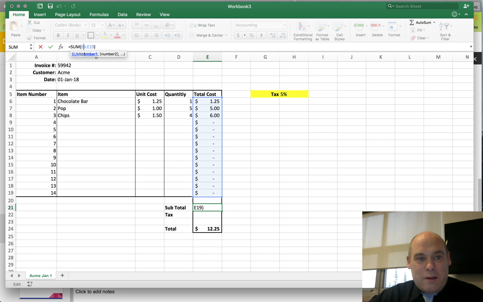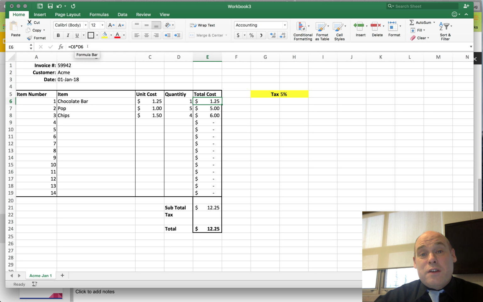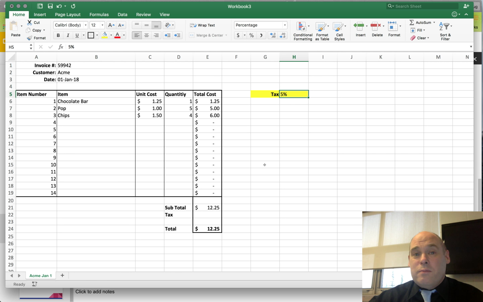So the range here is from E6 to E19. Here the ranges are very simple. C6 is a single cell, but it's still referred to as a range. D6 is another cell, still referred to as a range. So a range can be one cell or multiple cells. The only difference is that here, I'd like to give this range a name. I'd like to be able to use it in formulas with just a plain English word, and that word is